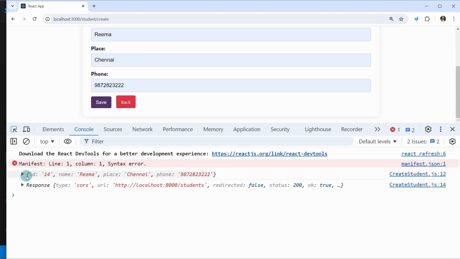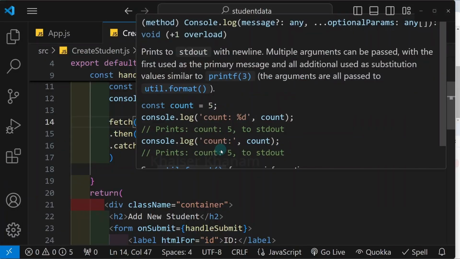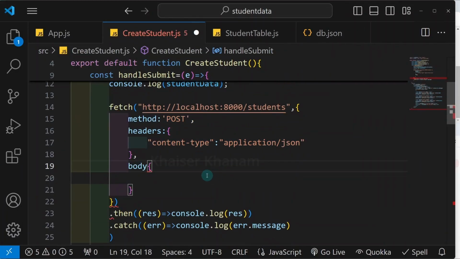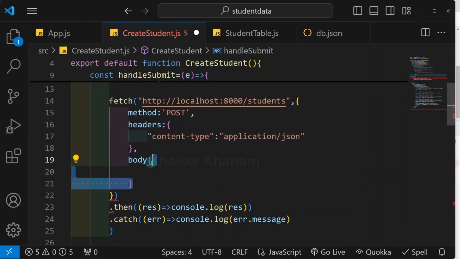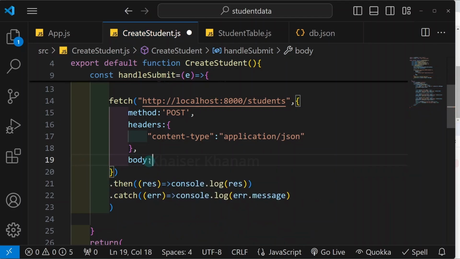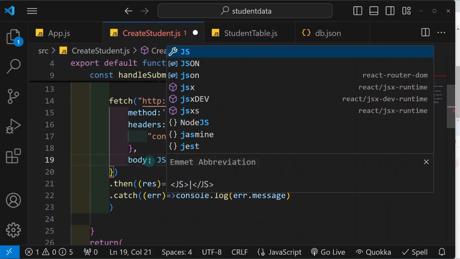Click on save. Now you can see I got the data in object format. Now what I want to do, let me just do Ctrl Z. First, I want to convert that data into JSON format. So here inside this body, I will remove this. Here I will be writing colon